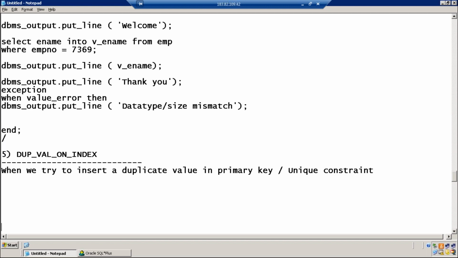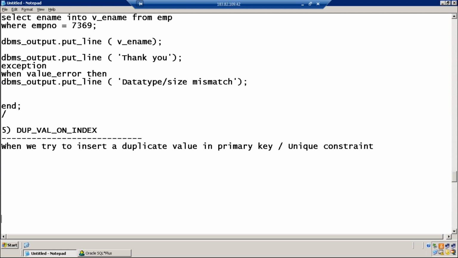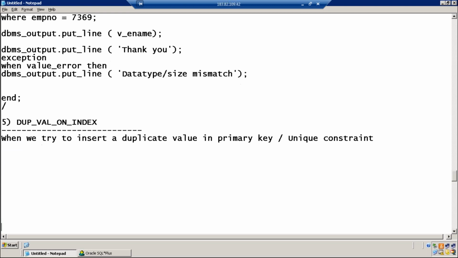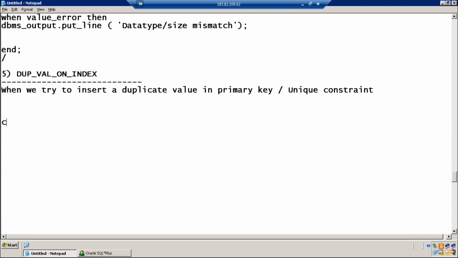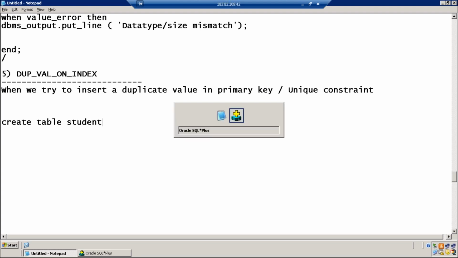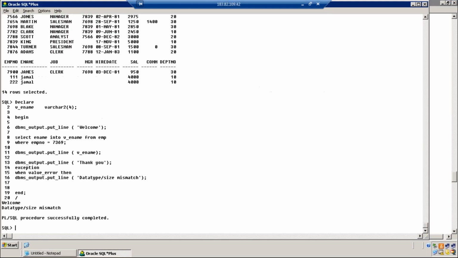So these are the two cases where the duplicate value on index exception is raised. Let's try to understand with an example. I create a table with a primary key.